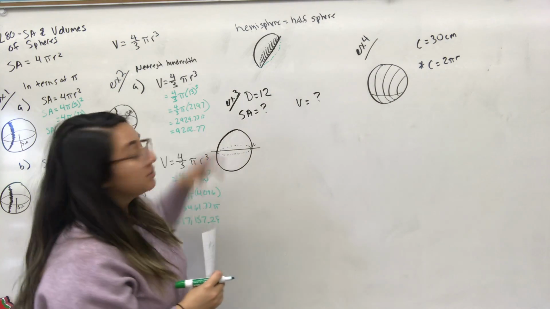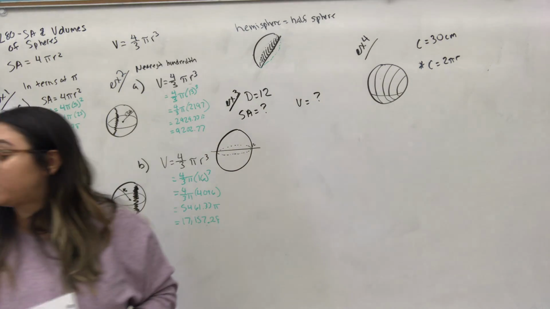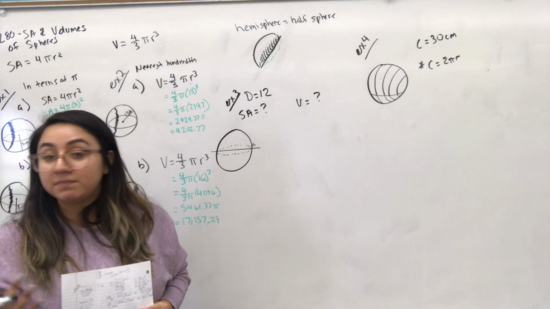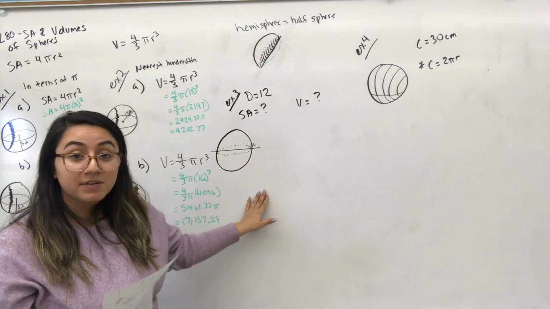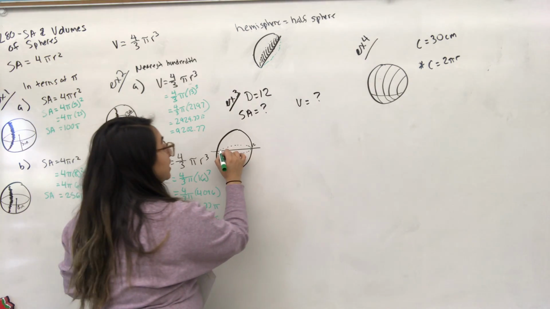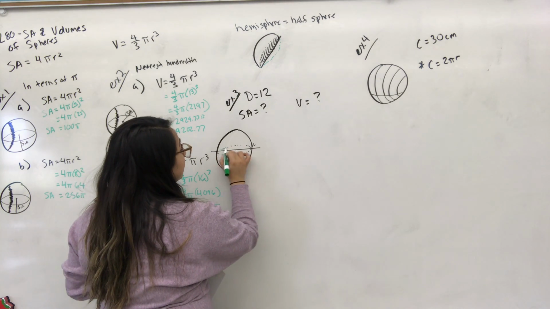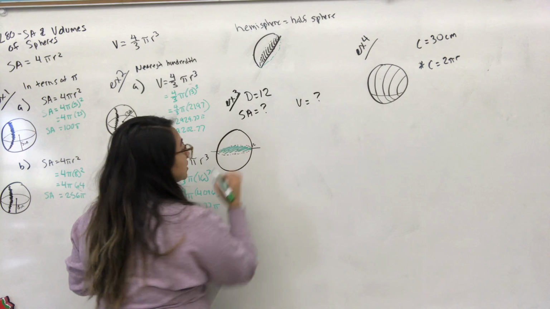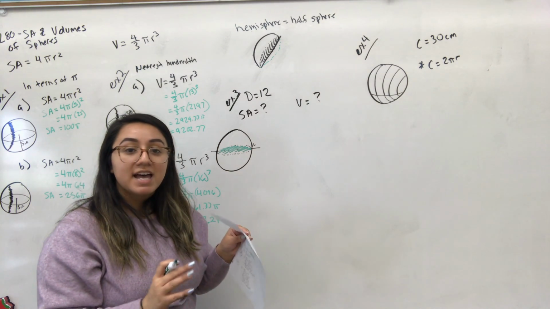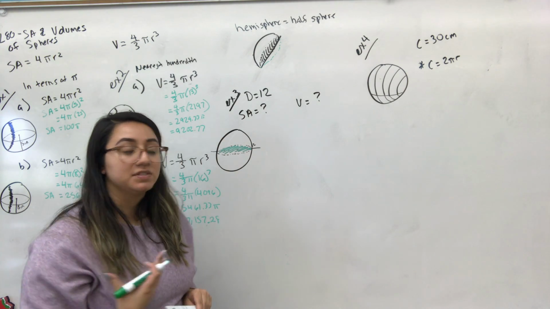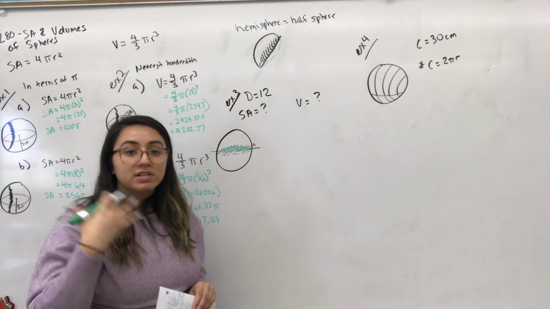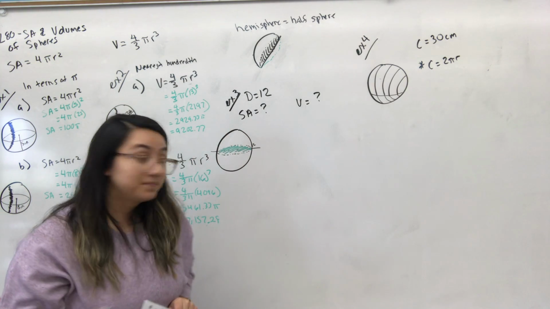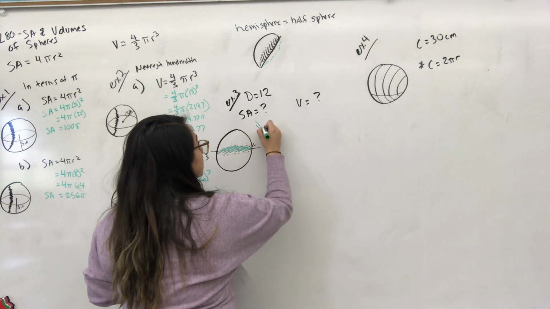So here, example 3, it says find the surface area and volume of a hemisphere with a 12 centimeter diameter. It's a hemisphere. So let's say I have this ball, I cut it in half. When I cut it in half, I still have that circle outside portion of it. I have to include that when I'm finding my surface area. And this is what I mean. So for the surface area and volume, all you're doing is finding it and dividing by 2. So let's say for the surface area here,